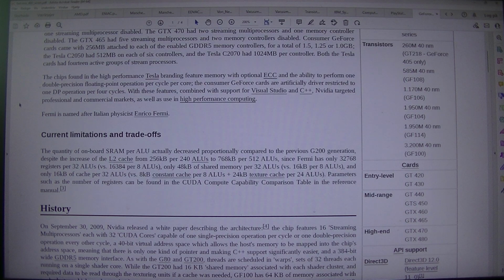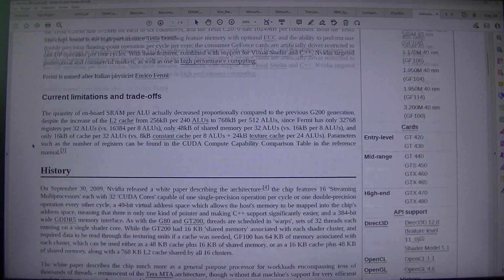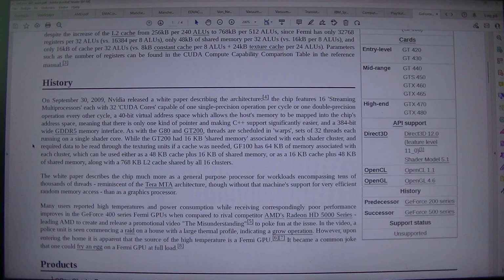1,170M 40nm, GF106. 1,950M 40nm, GF104. 1,950M 40nm, GF114. 3,200M 40nm, GF100. Card entry level 420, GT 430 mid-range, GT 440, GTS 450, GTX 460, GTX 465 high-end, GTX